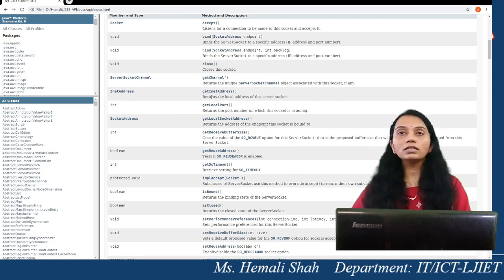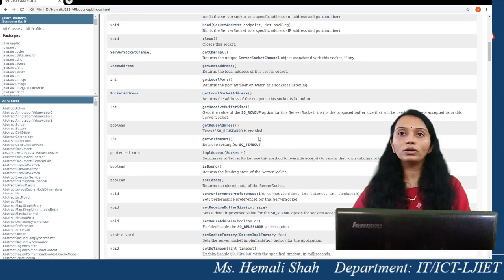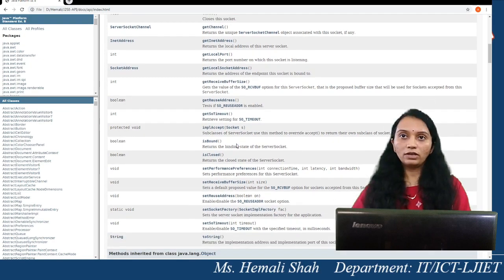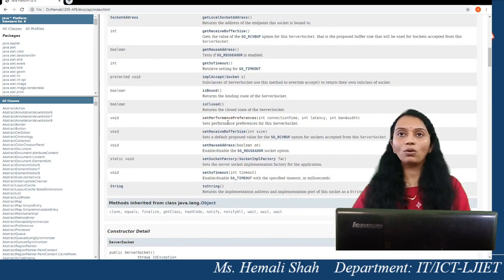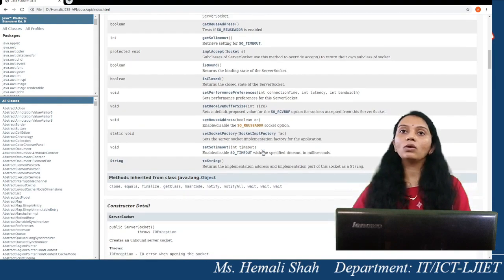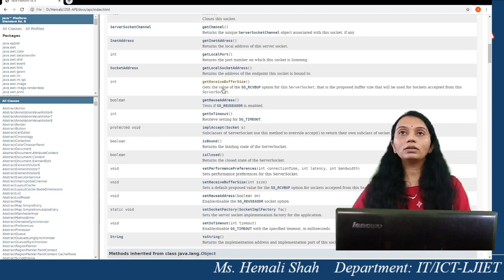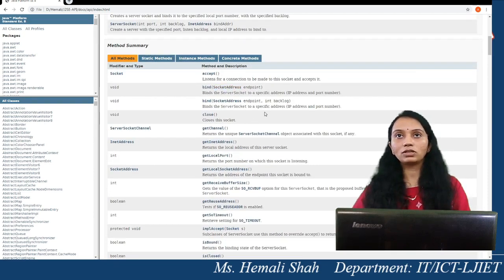Now another function that we will use, getInetAddress, basically returns the socket's inet address where you have created the socket. That particular machine's IP address will be returned in the form of an InetAddress object. getLocalPort will return the port number of the server socket object. isBound and isClosed both check whether the port is bound with the program or not, and whether the socket is closed or still open for communication. These two functions you can call with the server socket object, but very important, we will call only this accept function in our program, right, to establish the connection.